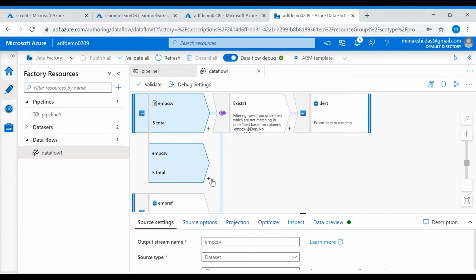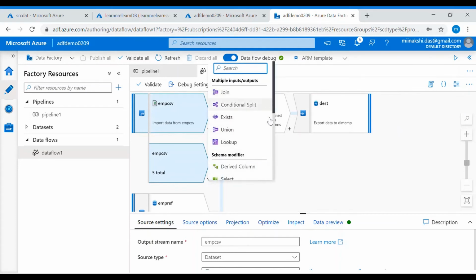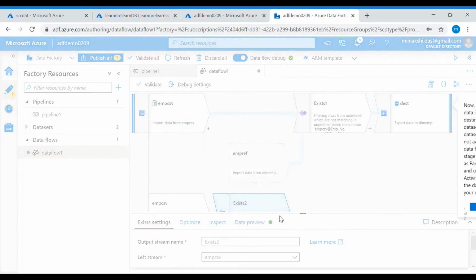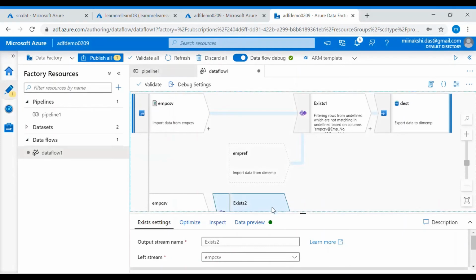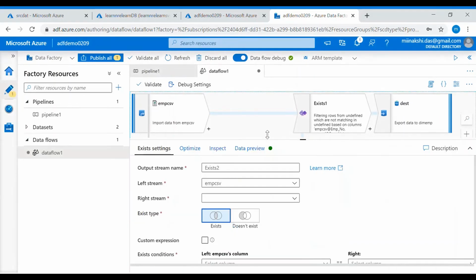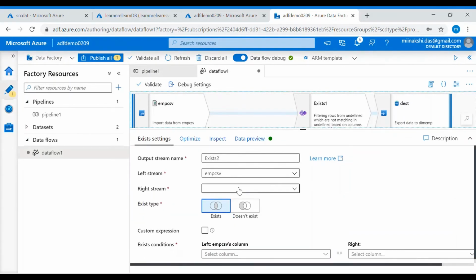We have two employee sources, and for this I am clicking on this plus sign. Then we'll take the exist. In this exist, we will take the same reference table.